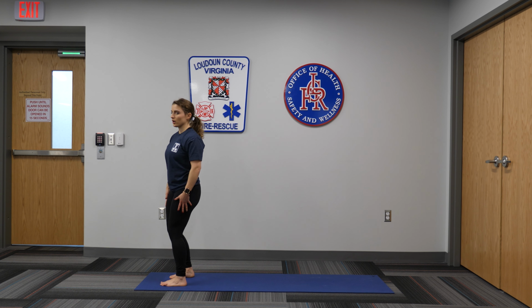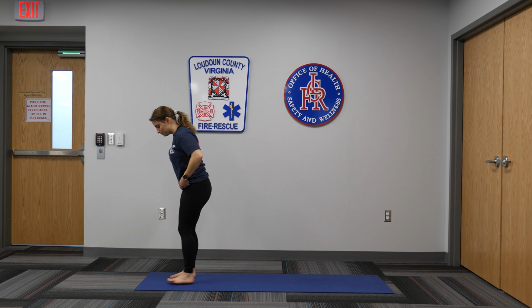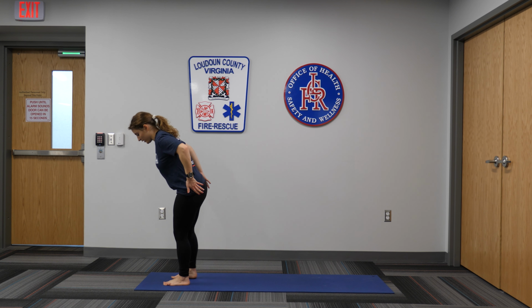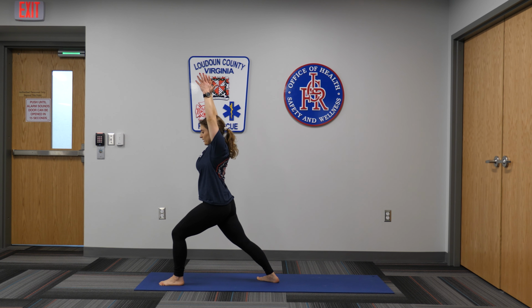Always two options with the arms. We can come up and overhead. We can bring them down to our hips if it's not working for our shoulder today. So, starting with the left side, inhaling, we're gonna sweep the right toes back, left arm comes up and overhead, finding